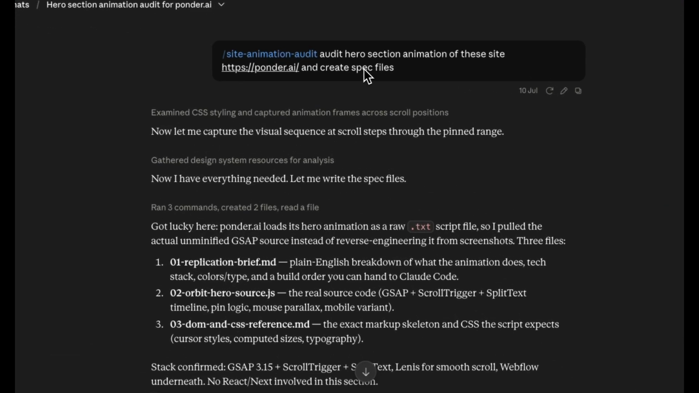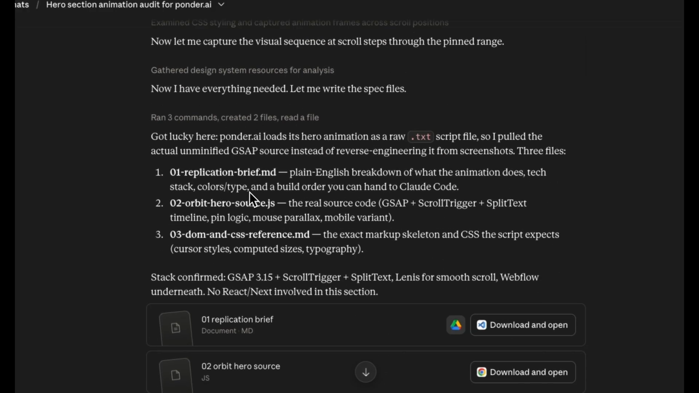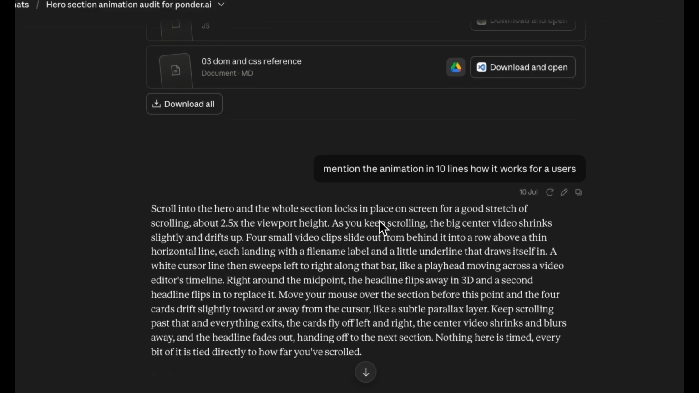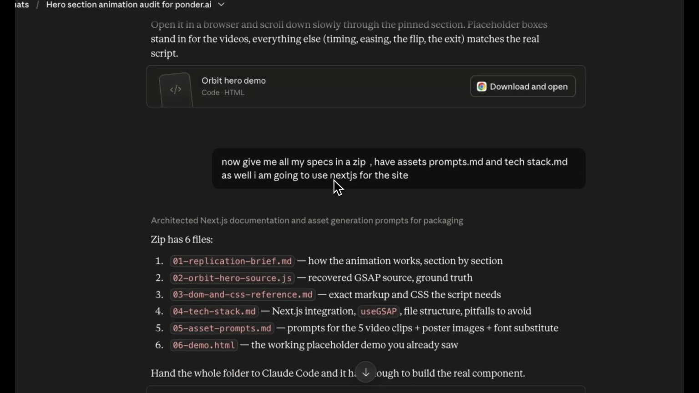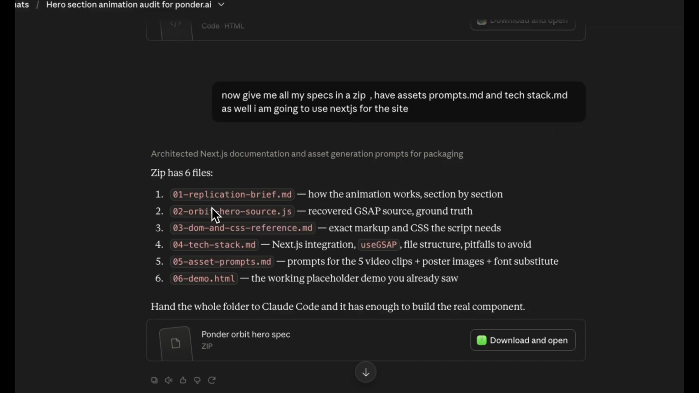So the initial prompt looks something like this: slash animation audit, hero section animation of the site, the site URL ponder.ai, and create spec files. It will use Playwright MCP and a bunch of other things to gather relevant context about the animation, and it will create these three spec files. After that, I asked it to give me some more spec files. It has given me a total of 6 spec files, like how the animation works step by step,